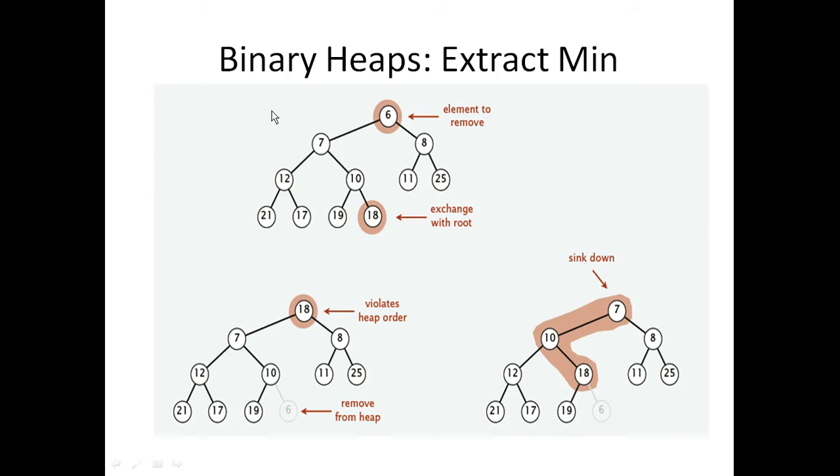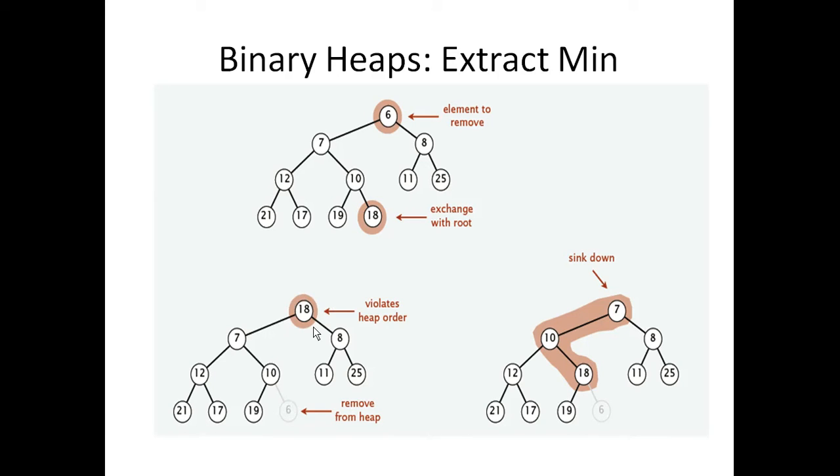Let us say this is our heap and we want to perform the extract min operation, that is, we want to delete this 6. So the first step is to swap the root element with the last element. So we'll swap 6 and 18. So 18 comes here and 6 comes here. You can see here 18 becomes the root node and 6 comes here, which will later be deleted because it is extracted because of the extract min operation. So we'll delete this later. Now when 18 becomes the root node, it is no longer a min heap. So again we have to perform a sequence of exchange operations.